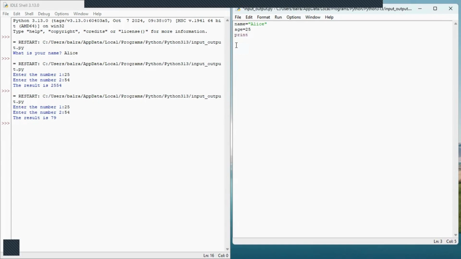So print of my name is, so you have to use a curly brace here. My name is, so Alice. Alice is stored in the variable name. So here I am giving my name is, instead of the curly braces, name, and